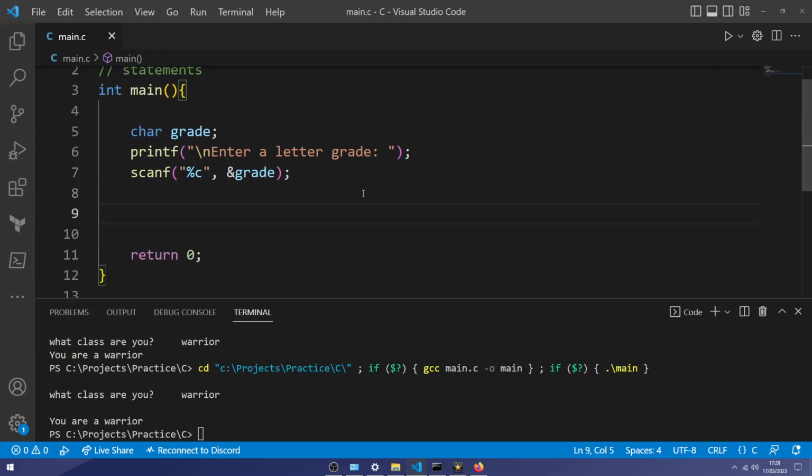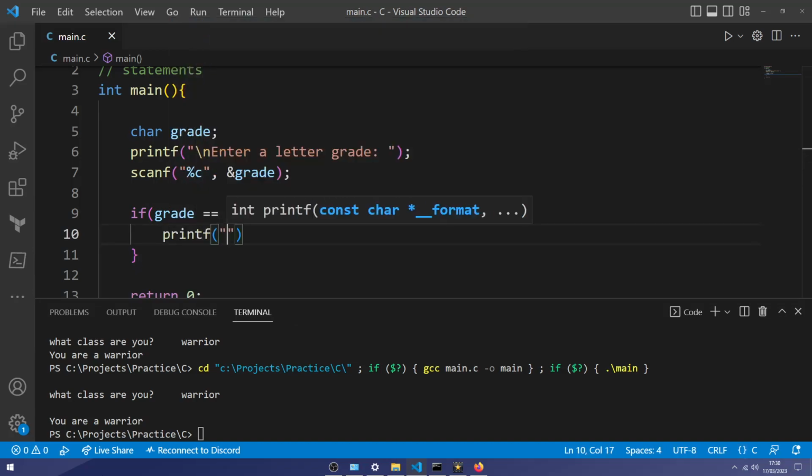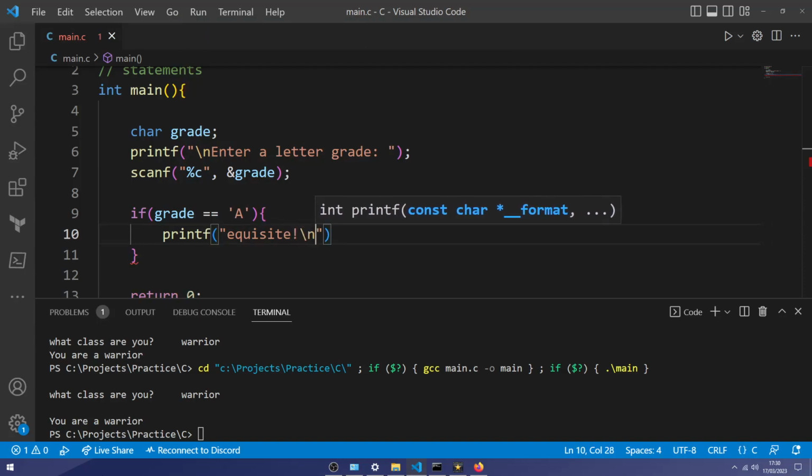Now we're going to make our actual program here. So if the grade equals, let's say, the character A, see, it's going to be looking for a character. It won't be looking for an integer, not a float, not a string. So if the grade equals A, that's an exquisite grade.